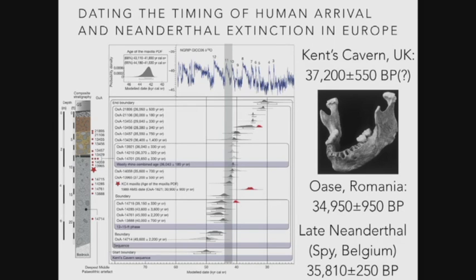And when you use INTCAL, which is the standard of using all these other ways of calibrating records, you get age distributions much like what you see in the grey column here. And the key thing just to note, and just keep your eye on this, is if you look on the blue curve above, which is Greenland, effectively the age of this early human at Kent's Cavern, 37,200, just looks like it basically comes in at what they call interstadial 11.